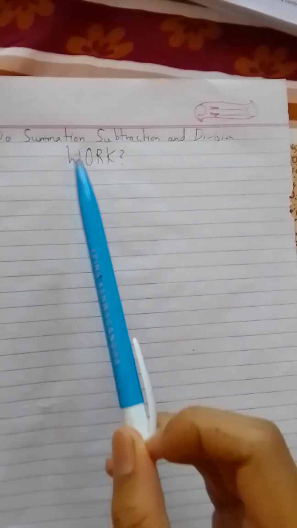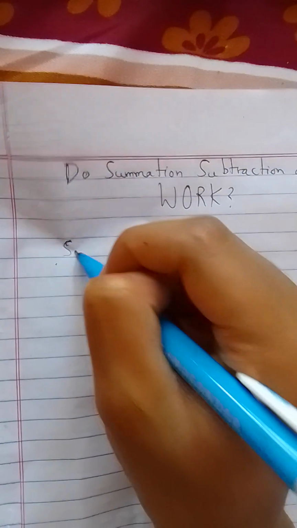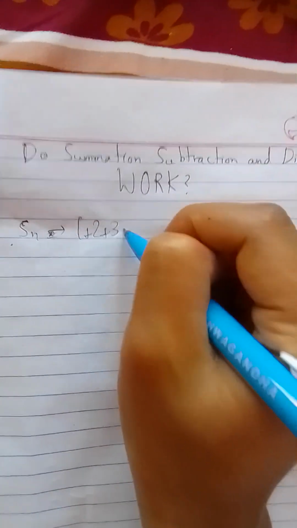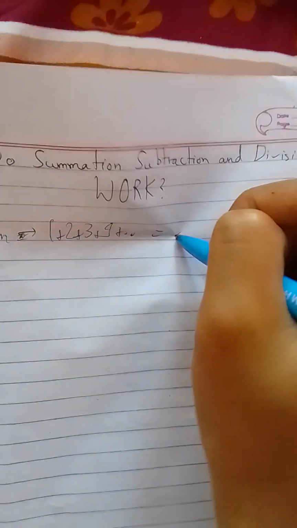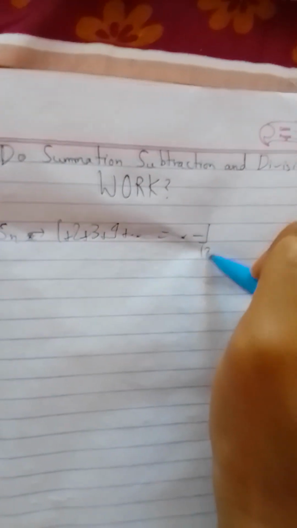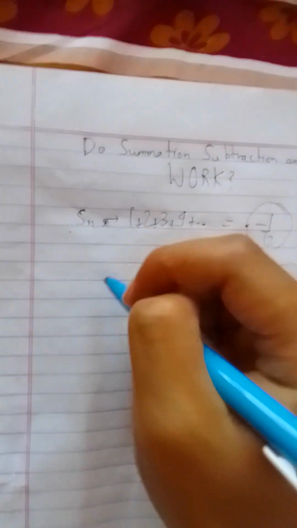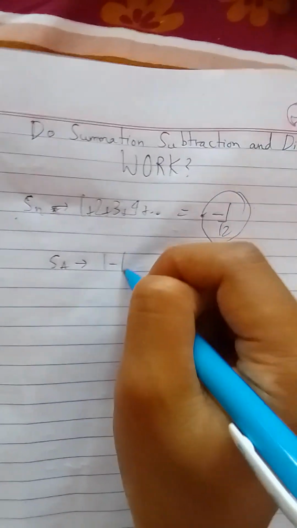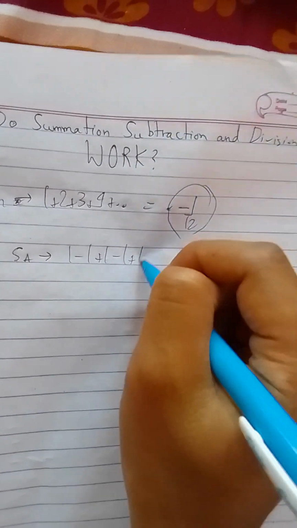Let's talk about if summations, subtraction and division work for an infinite series of numbers. So I think most of you know that the sum of all the natural numbers is somehow equal to minus 1 by 12. But how? Well, the process was we take another sum, let's solve a 1 minus 1 plus 1 minus 1 plus 1